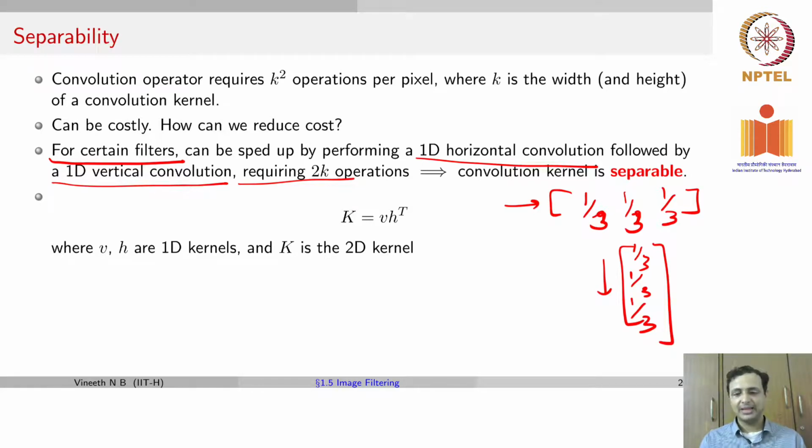One point to add here is, you did see these kernels to be 1 by 3, 1 by 3, 1 by 3, or in a box filter 1 by 9 everywhere around. Remember, when you have filters such as this, your double flipping really does not matter, because the matrix or the filter in this particular case is exactly the same everywhere. In such a case, convolution and correlation will give you exactly the same output.